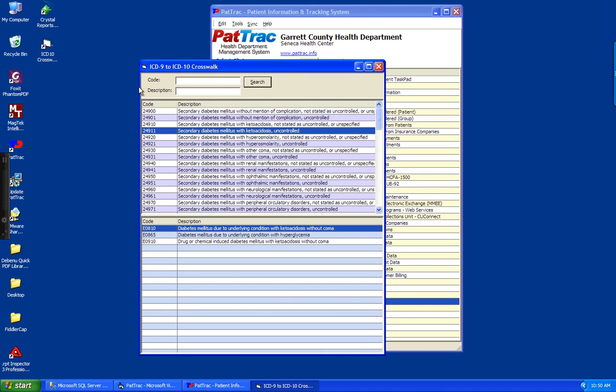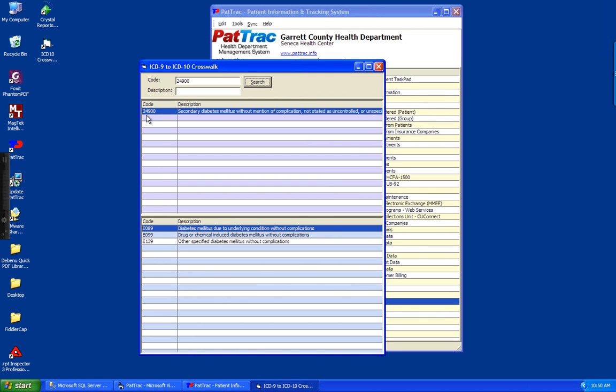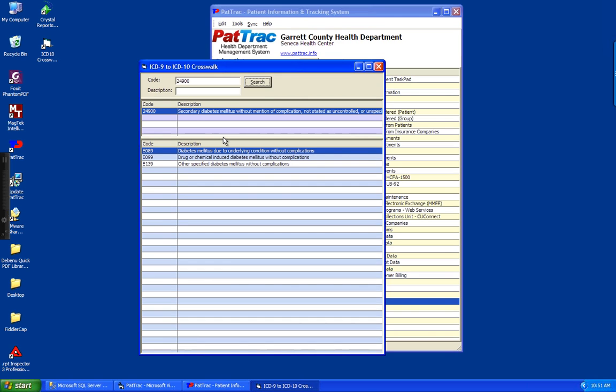I can go up here and just put in 24900 and search and just get that one code, and you can see it shows me down here 3 different ICD-10 codes that match that one ICD-9 code. So this would be a great tool for you to use if anybody has any questions about a particular code, or even if after October 1 you just need to go in there and say, oh yeah, we used to use this code, what is it? Now, what code can I use now? So that's how